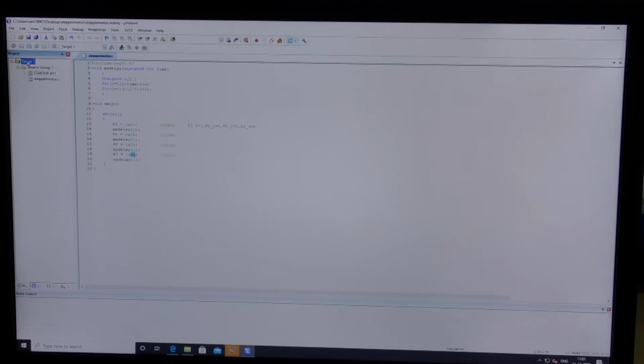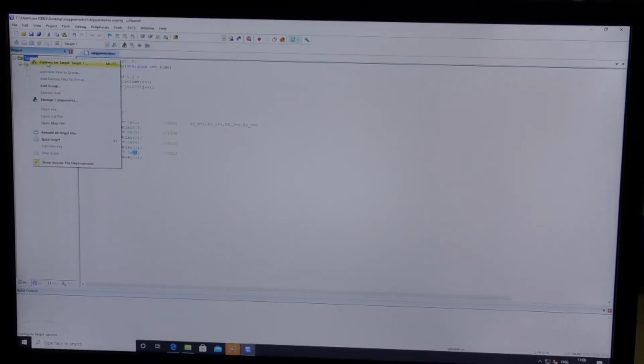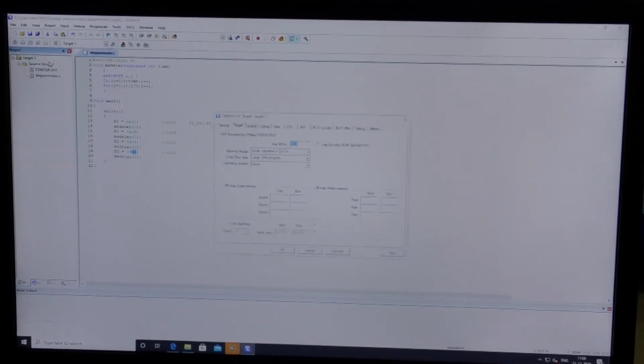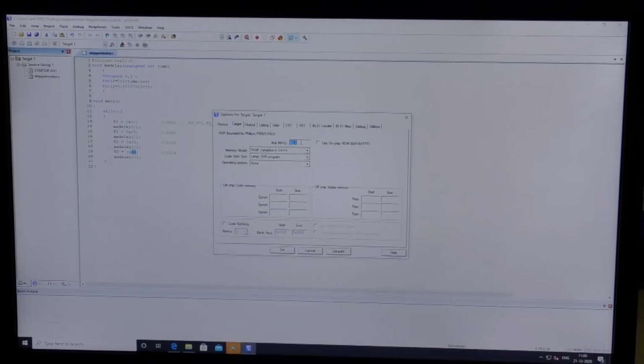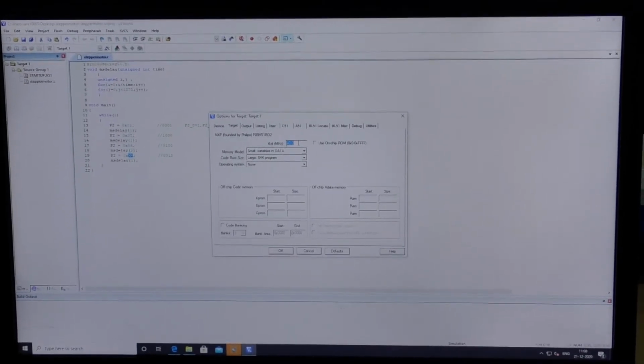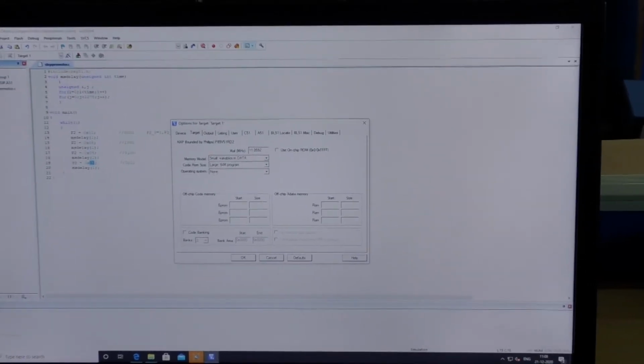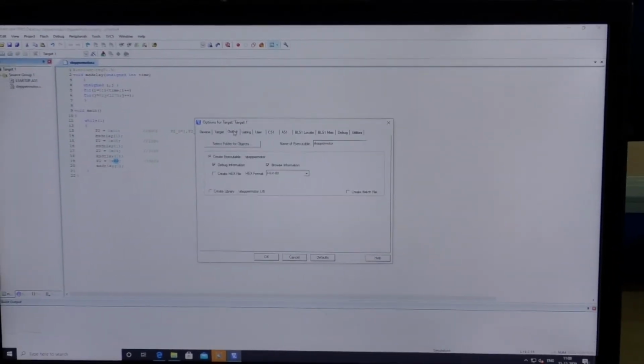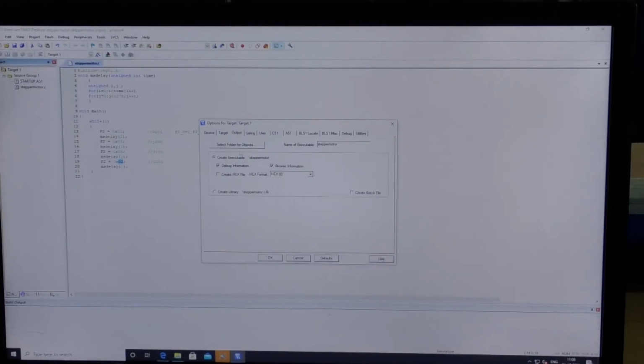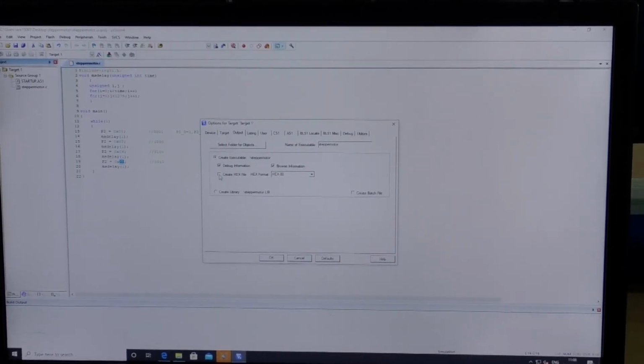Go to the Target, right click, choose Options for Target and give the crystal oscillator frequency for the 8051 microcontroller, 11.0592, and click on Output and check Create HEX File.